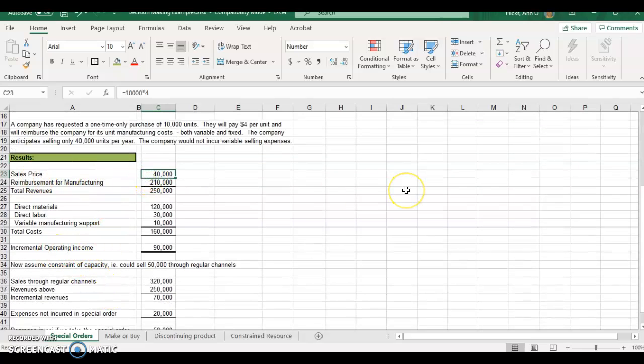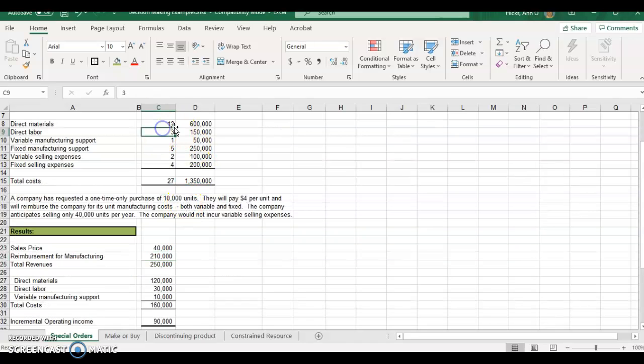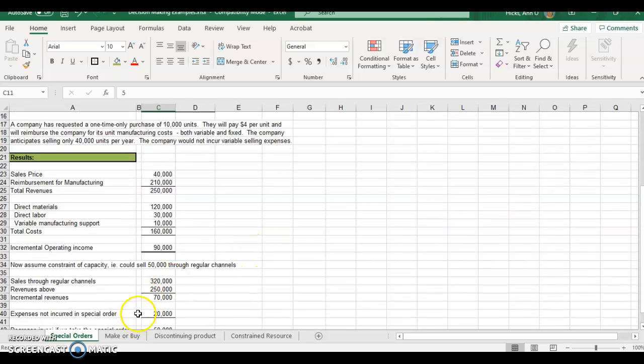We have a sales price of $40,000. That's the 10,000 special units at $4. Then they're going to reimburse us for those 10,000 units all of the manufacturing costs. That's $21, which consists of the direct materials, the direct labor, the variable, and the fixed manufacturing support. Notice they're not reimbursing us for selling, only manufacturing. So that would be, in addition to the 40,000, an additional 210,000. Total revenues then would be